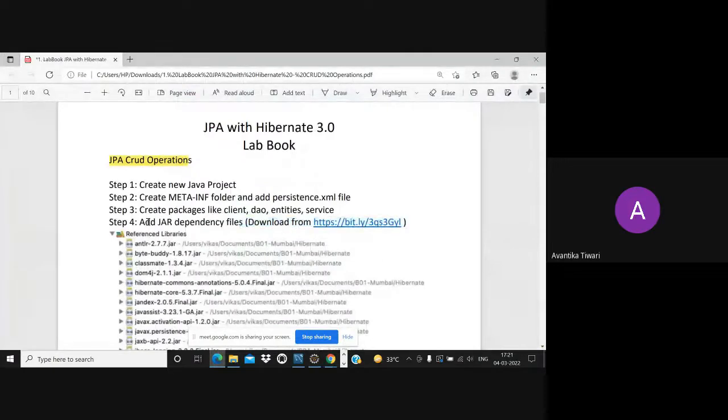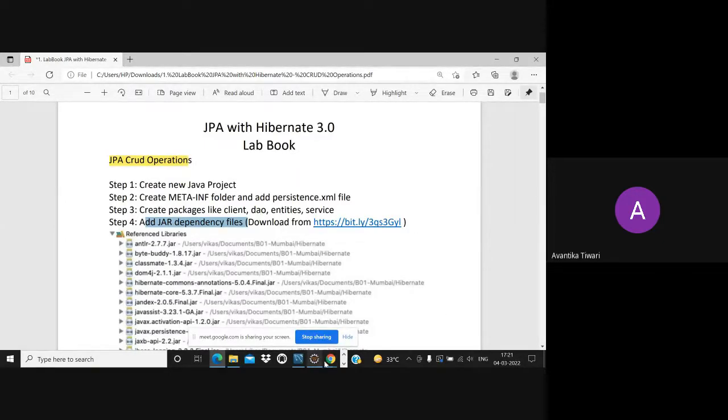Now I have to download these jar files and then I have to add the jar files. How do we add the jar files? We discussed in JUnit also. You have to right click, go to build path, and there one tab will be there for libraries, add the external jar files. When you click on the libraries option, there will be one option appearing, add jar files.